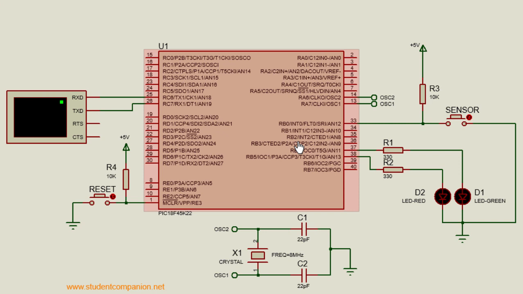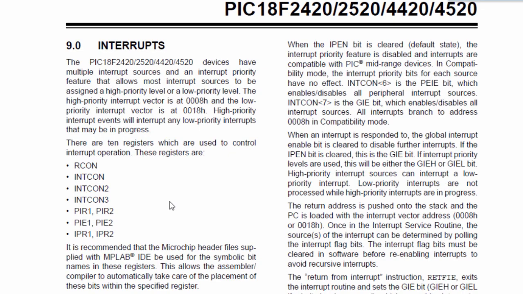This is tutorial 27. In the previous tutorial, we learned how to use the external interrupt on port B. In this tutorial, we're gonna continue with interrupt. We're gonna learn how to use the peripheral interrupt. A peripheral interrupt is an interrupt generated internally by the PIC microcontroller peripheral. This could be generated by the PIC analog to digital module, the USART module, the comparator, and so on.